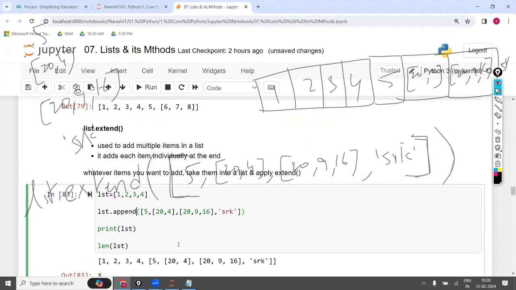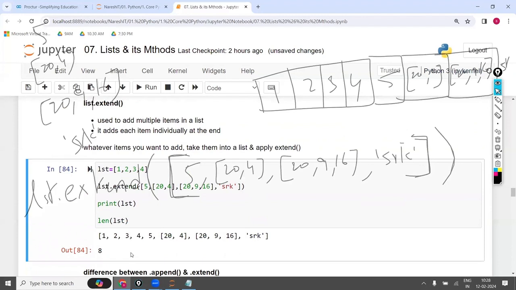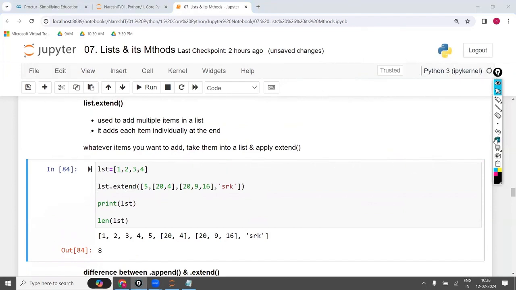No, sir, these 4 of them should be added as 4 different items. Then you take the extend. Then how many items are you going to get in total? 8, with 4 of them separate. Sir, 20 and 4 also should be separate. Then you write 20 and 4 separately. Who asked you to take them into a list then?